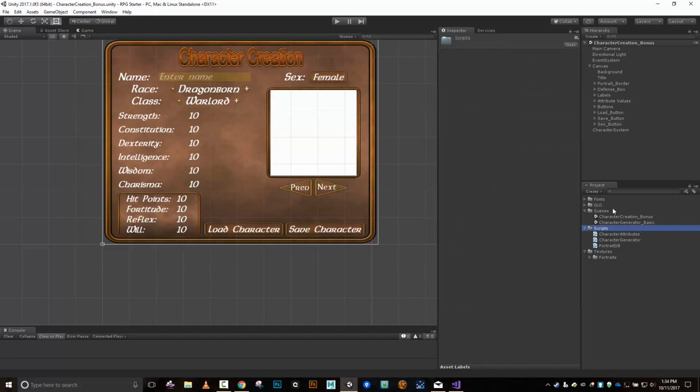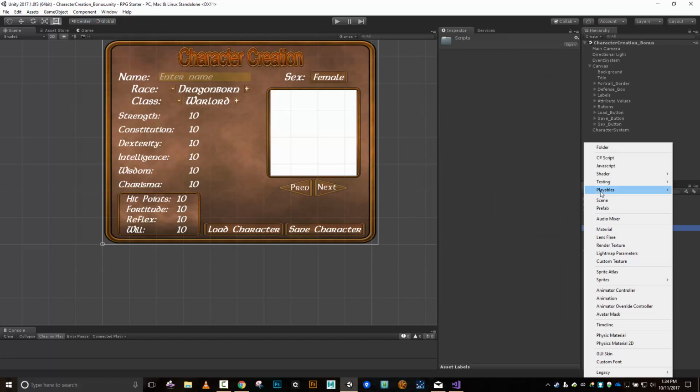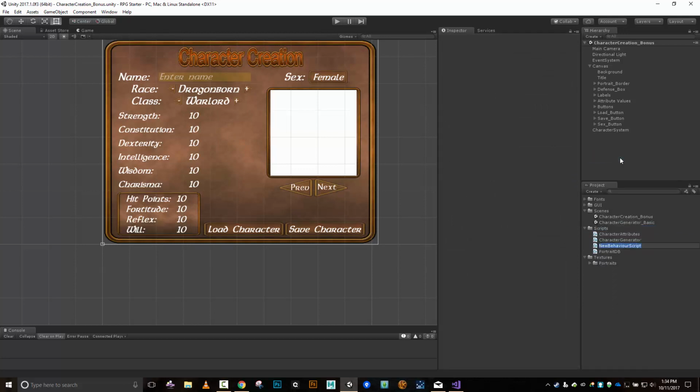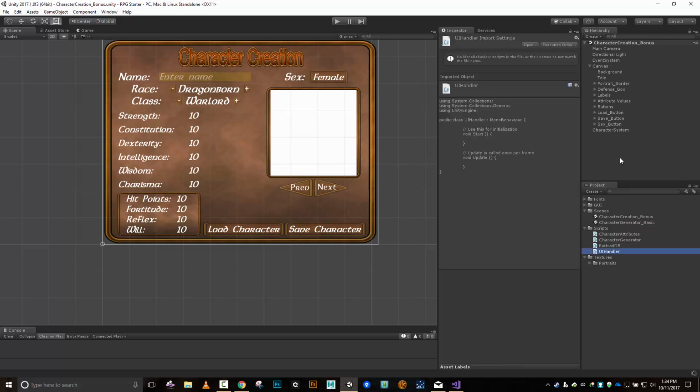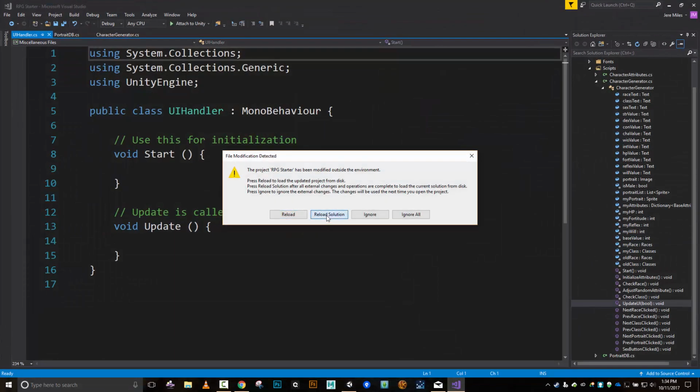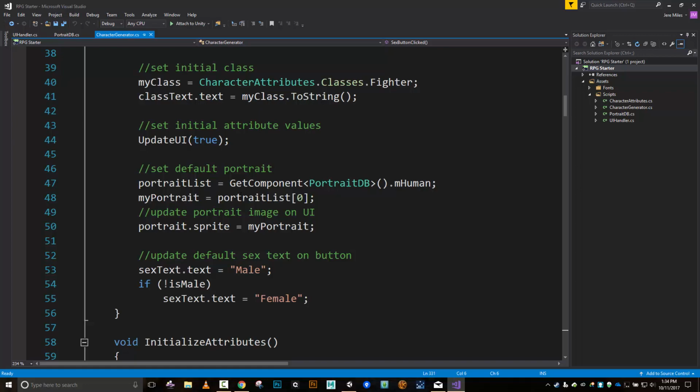So I'm going to start off by creating a new script in here. I'm going to do a C# script. I'm going to call this UIHandler. And this is going to be responsible for all of my UI stuff. And so what I'm going to do, once it reloads, I'm going to go back to my character generator where